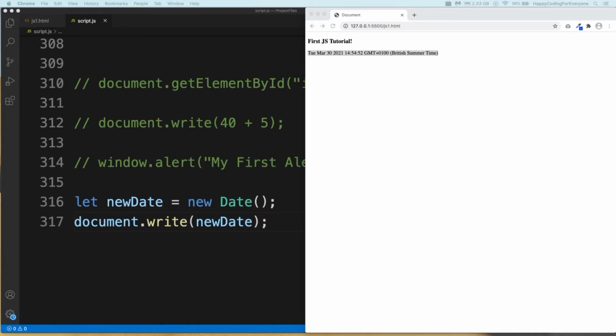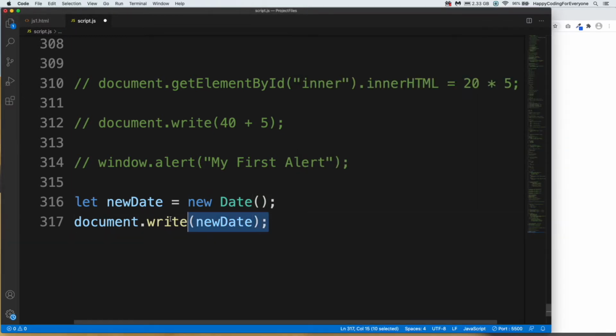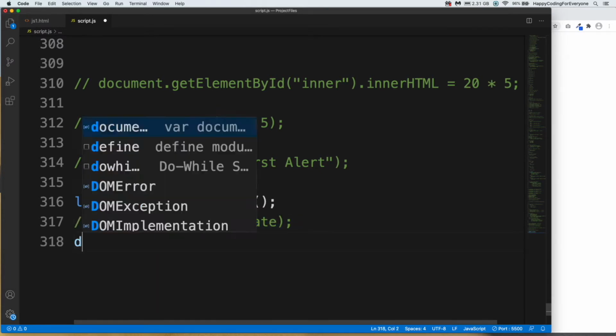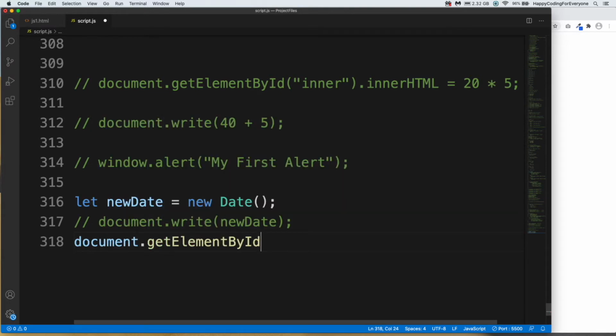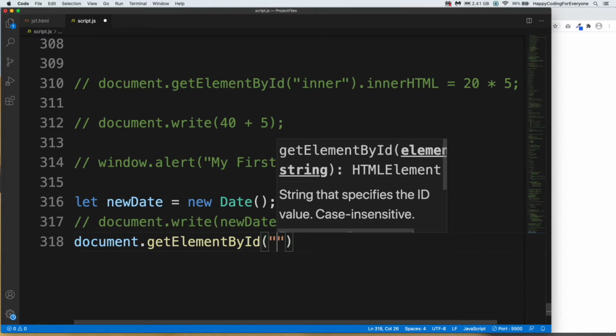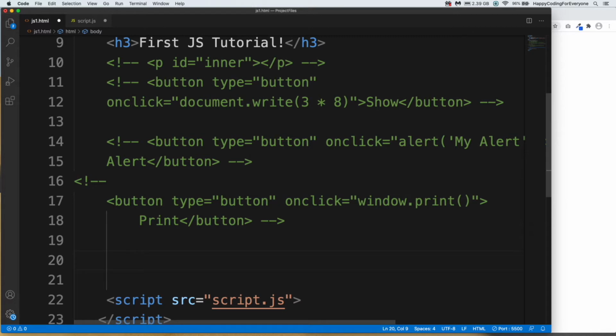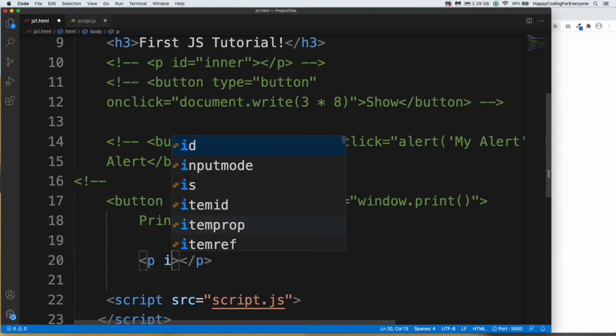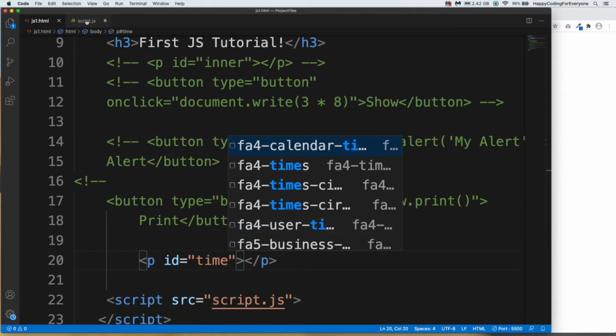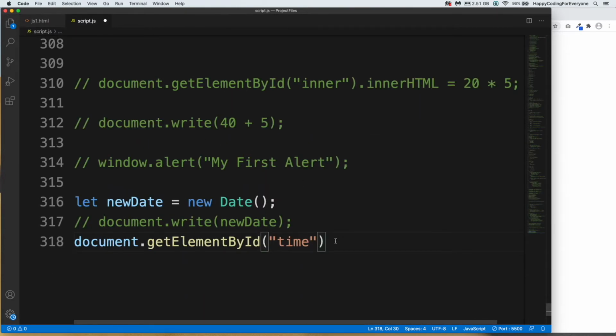Let's have a look at date format. For example, I just want to display the year, or I just want to display the month, etc. I want to comment out that one and use document.getElementById with our ID name, let's say time. Let's create our time ID here. I want to create a p tag with ID time. Let's save it and get back to our JavaScript file, and innerHTML equal newDate, which is our variable